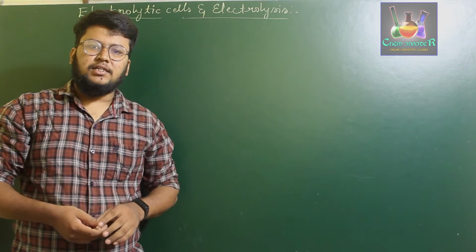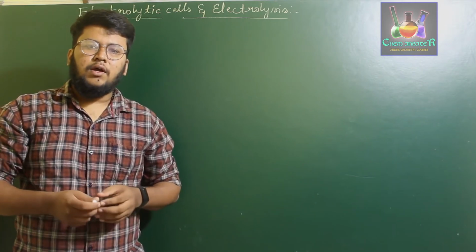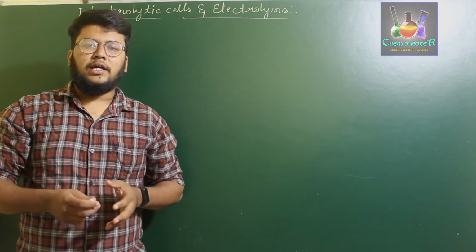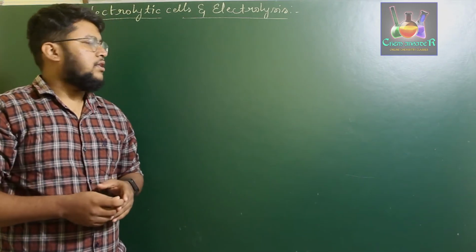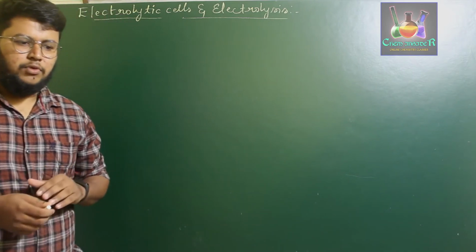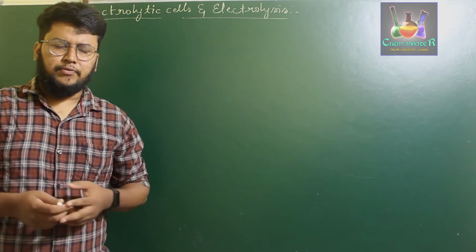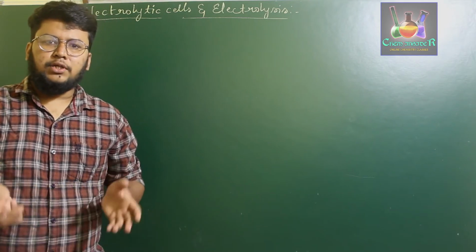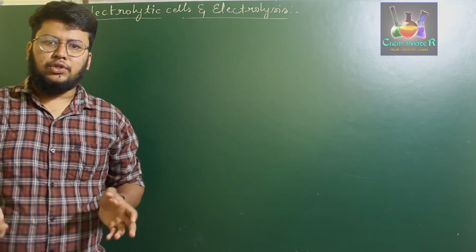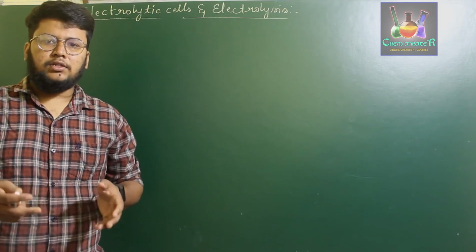In the previous classes we discussed certain topics of electrochemistry. Now we will start to learn about the electrolytic cell and the electrolysis process. In all the previous concepts, we took two different electrodes made up of two different metals and immersed those electrodes in two different solutions, which are interconnected by an electrolytic wire and a salt bridge.